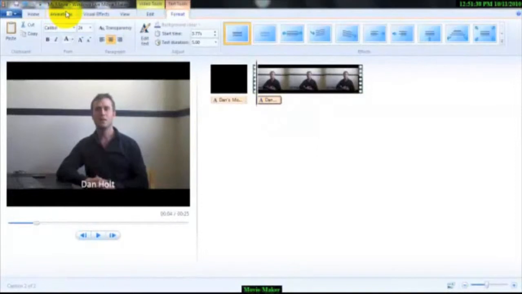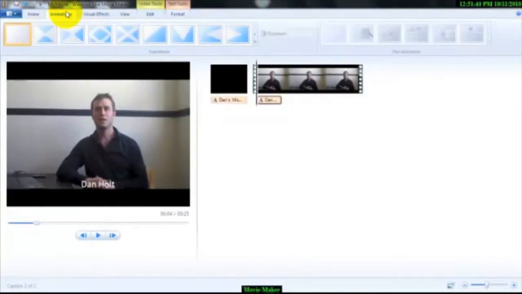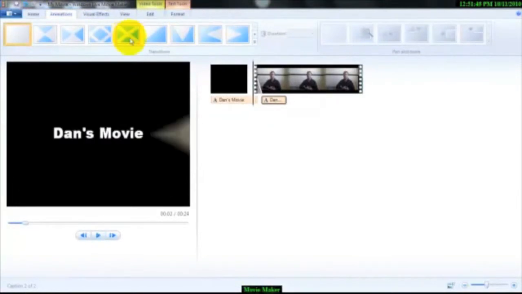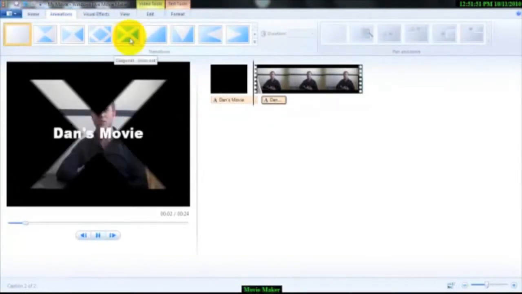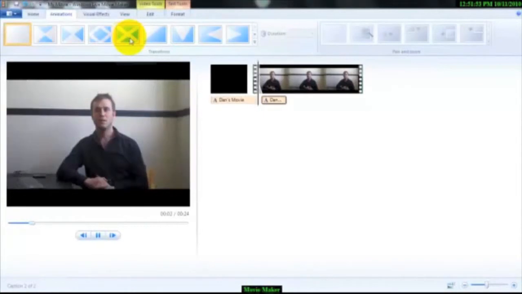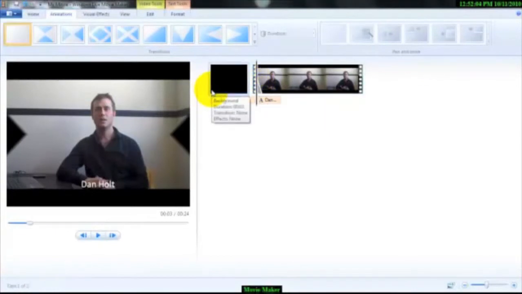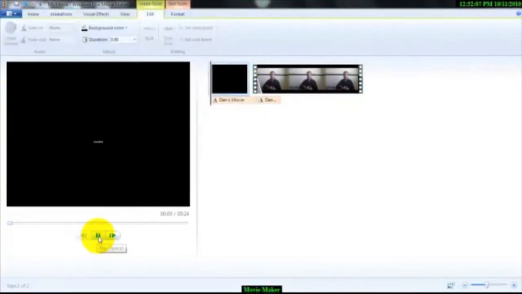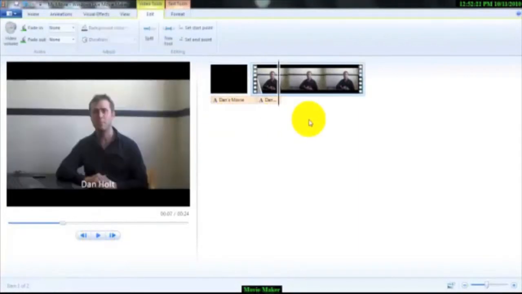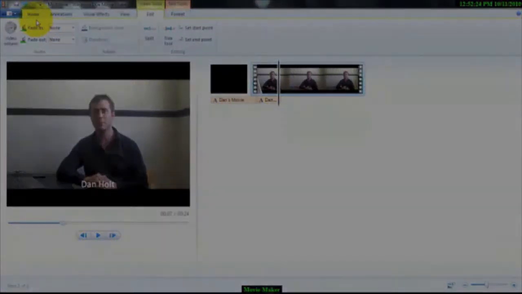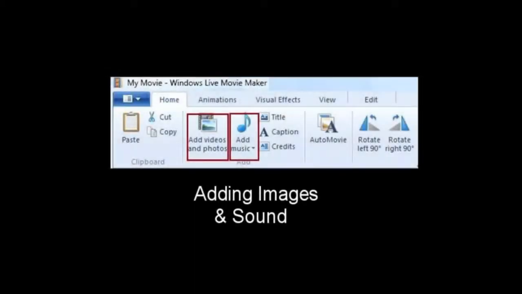Another thing we can do then is add animations. So click on the animations tab and then check out the different options. If you hover over it, it'll give you a little preview. Once you've chosen your animation, click on it, and you'll see a little marker appear on the timeline here. That shows how far into your video the transition animation will last. So then if we choose that, hit play, we can see the preview.